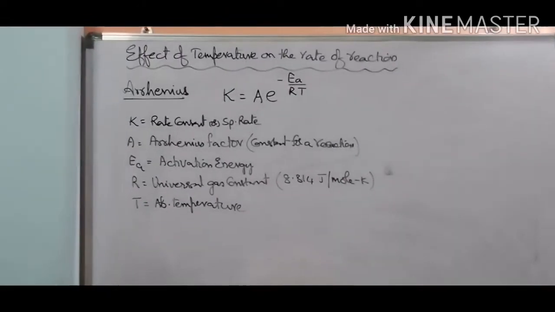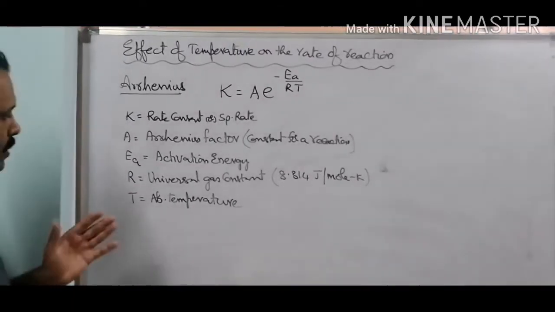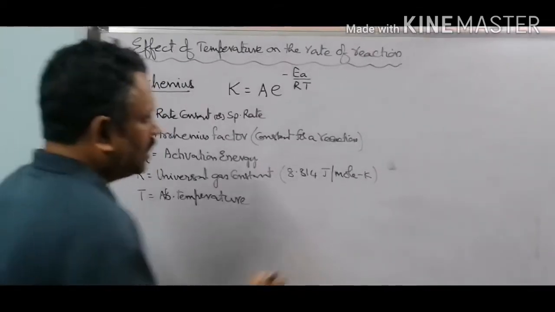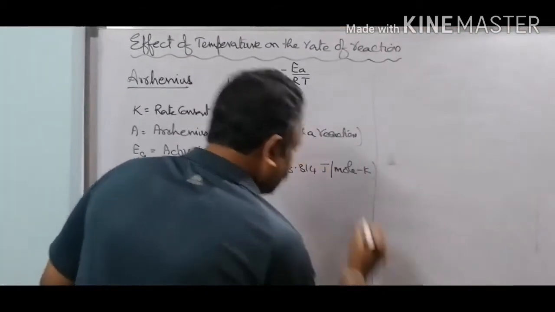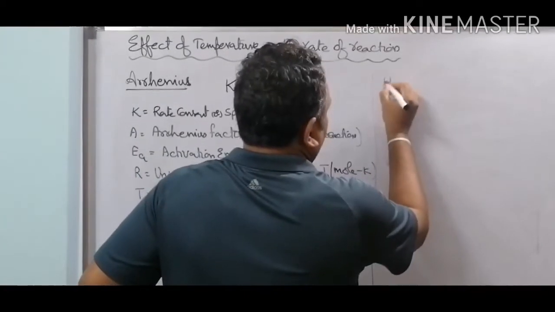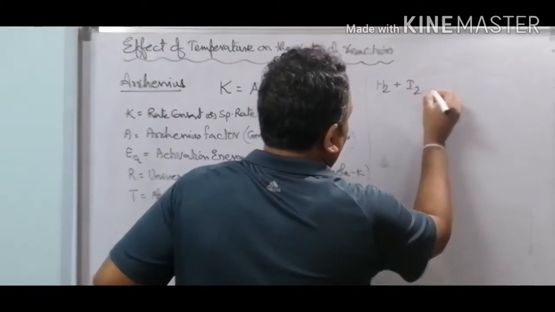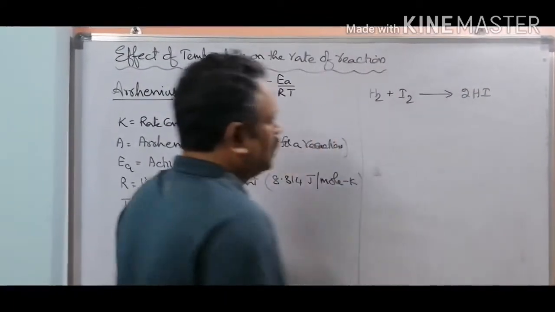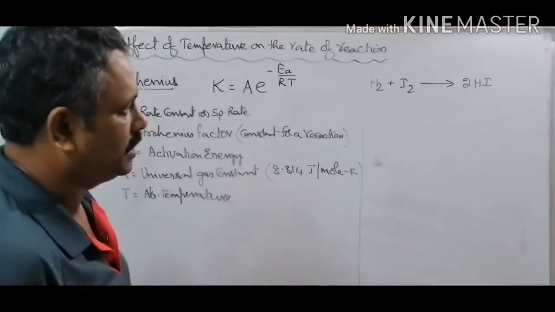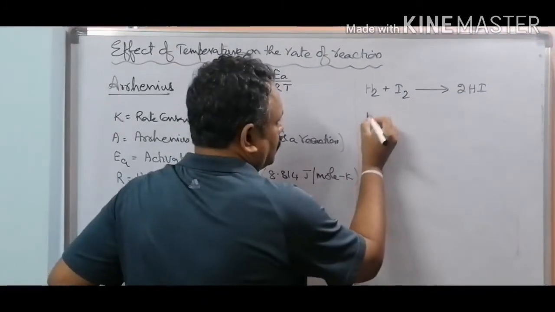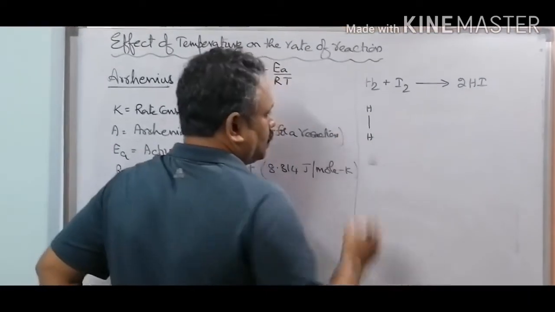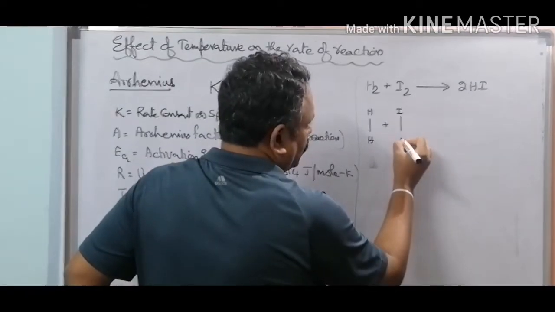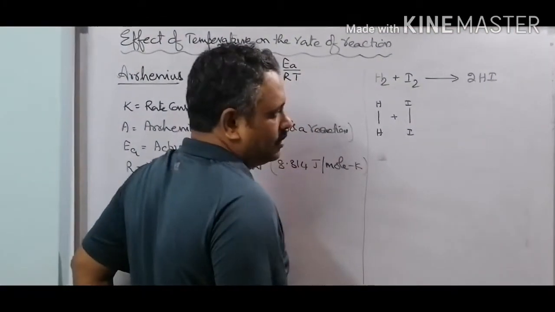Okay. Now, going ahead, we want to express what this activation energy of a reaction is. For that, let us take an example. Let us do a reaction between hydrogen and iodine to form HI as the product. The balanced reaction shall be written as H2 + I2 gives 2HI. Let me write the reaction in this manner: the molecule of hydrogen with its covalent bond plus the other reactant molecule, that is iodine.